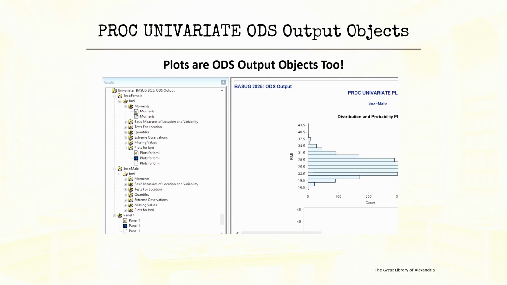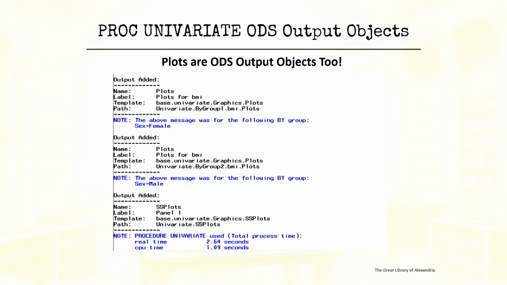And you can open the PNG file that's created in the image editor, or you can also open in SGE and edit that image. So it's pretty cool. Another output use, and here's the log trace showing the information on the plots that are created. And again, you can use that path to access the plots that you've created, as well as outputting the actual graph.